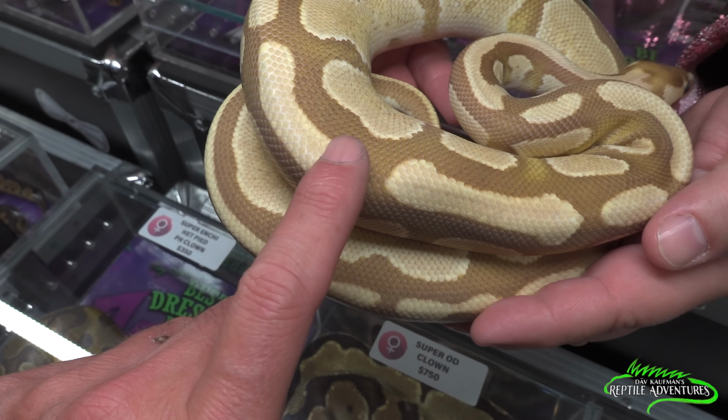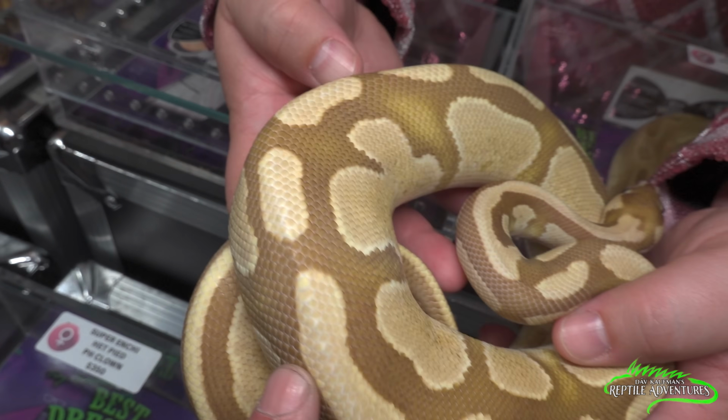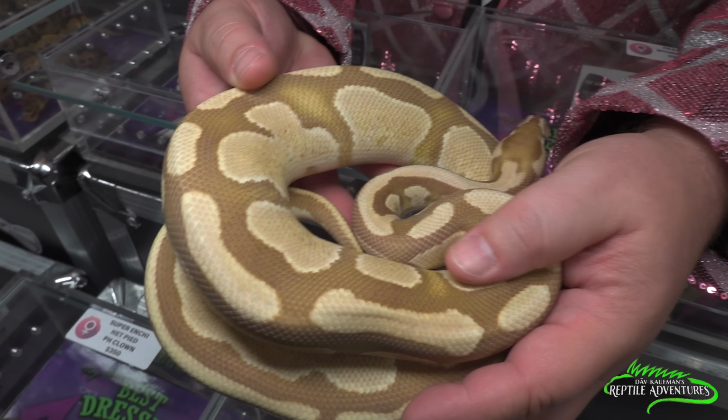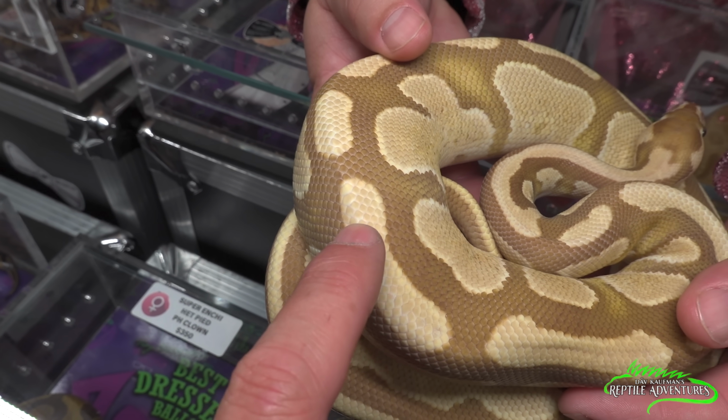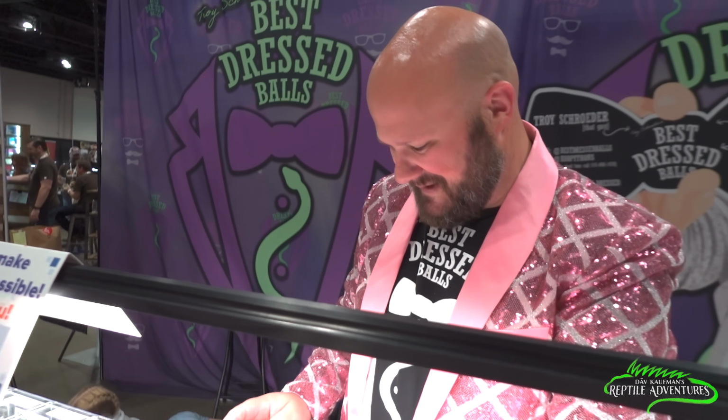Yeah. Now, where's the stuck shed on this one? I have to find it. Yeah. It's stuck in there somewhere. Oh, wait. That's not a stuck shed, but it's a scale that is not sitting right. I'm gonna try to glue it down later. Cancel City. It's so good. Oh, I love it. All right, so where's another one of your...